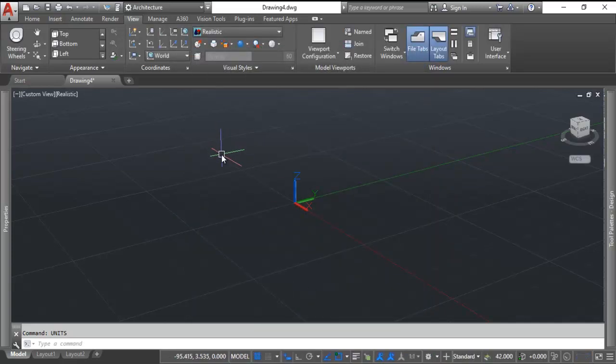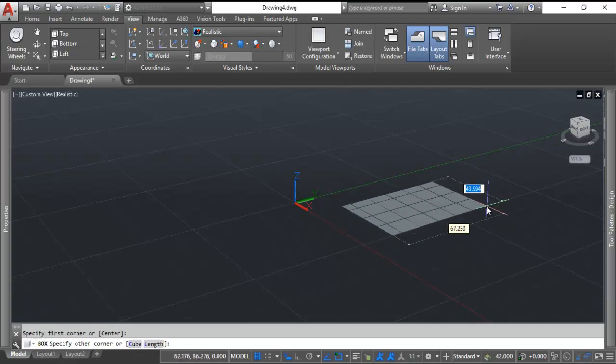Alright, so I can either do rectangles and extrude or boxes, and I'm going to make this in probably two objects that I'll union together. I think I'll start just with the box. So BOX, specify first corner, and remember you've got to